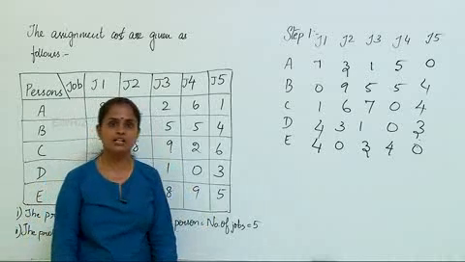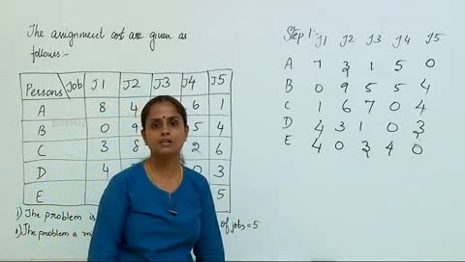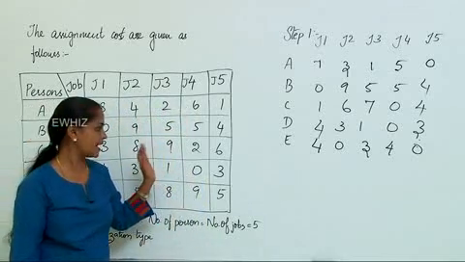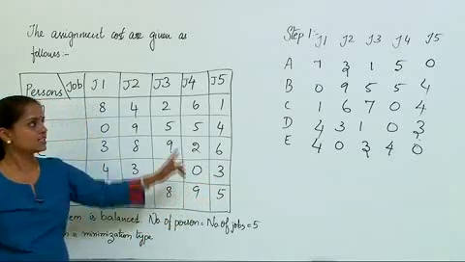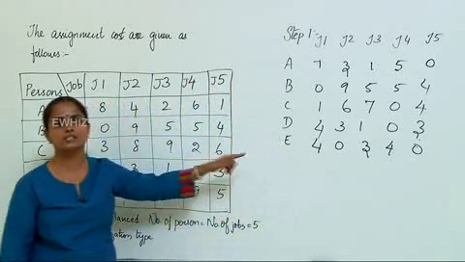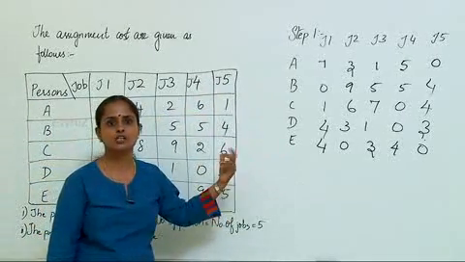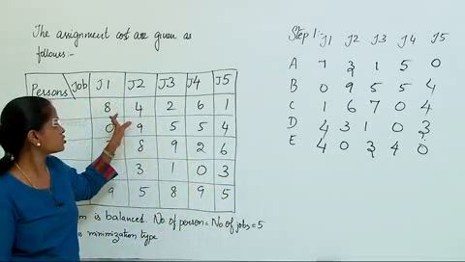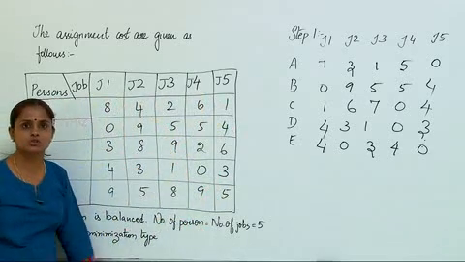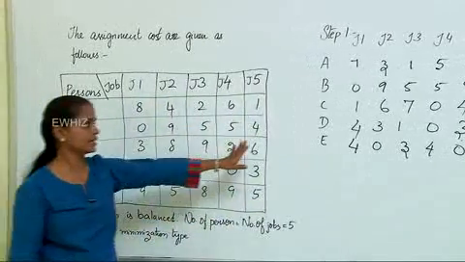So first, given a problem, read the problem carefully, identify whether you are given the cost or profit table, and check for the condition of balancing. If the number of rows equals the number of columns, the problem is a balanced one, and if the cost is given, the first step is to scan row wise all the data and check for the presence of 0 in each row. If 0 is present, then copy the row as it is. If 0 is not there, then choose the minimum entry of that particular row and subtract it from the remaining entries so that you land up with at least 1 zero in each row. This is the first step of the Hungarian algorithm.